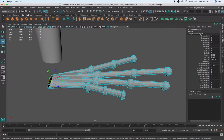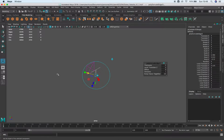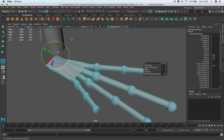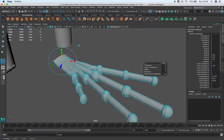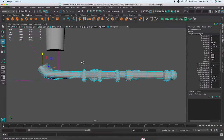Alright. Okay, and then I'll extrude it again and rotate that. What? I don't know why that's being funny. And so on and so forth, and then get that matched up to the foot, and then hook that up